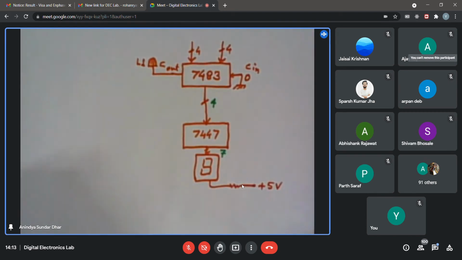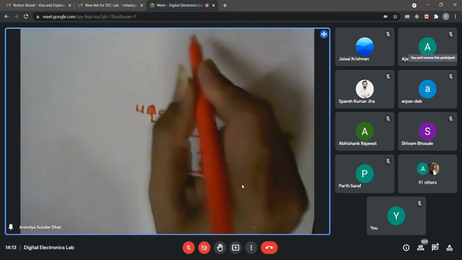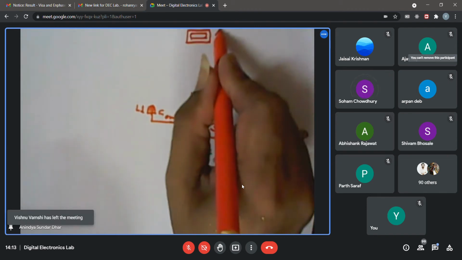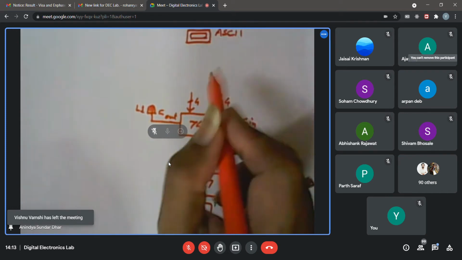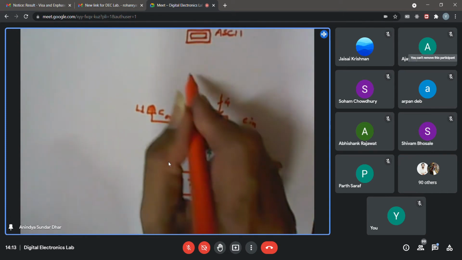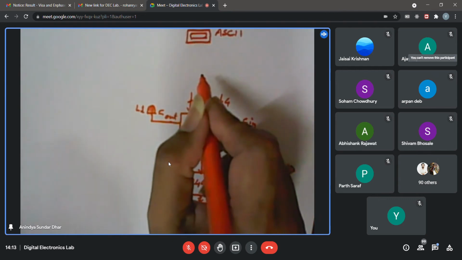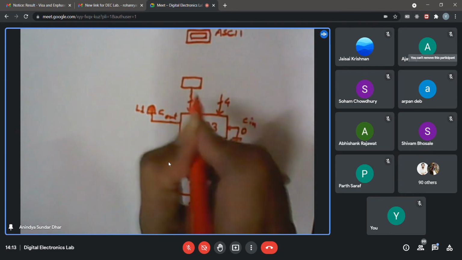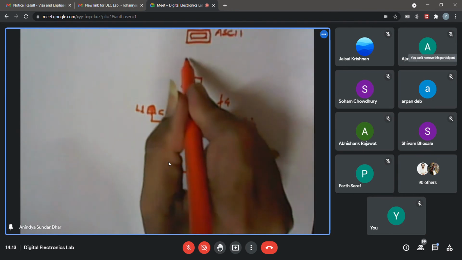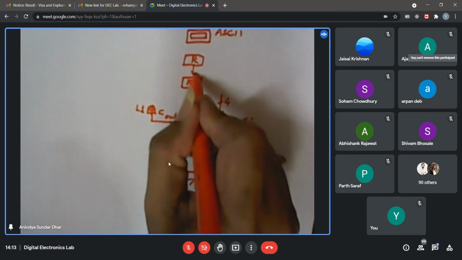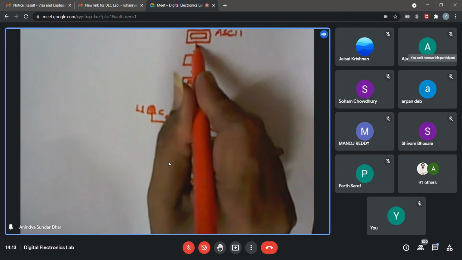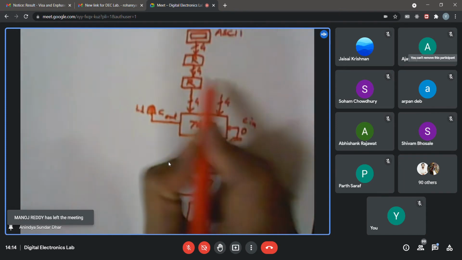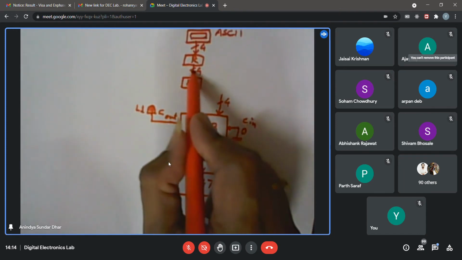Now, where from you are feeding these 2 4-bit numbers, I think you are using a hex keypad. Not hex keypad, I think ASCII keypad you are using, because you need that strobe signal. Okay, and here these 2 4-bit numbers, they are actually coming from 2 registers, right? So suppose one register, if a 4-bit register is here, I'm just writing R for register, then there is another register. So 2 registers in tandem, once again, just the LS 4-bit you are taking out of 7-bit. So 4-bit is running through the register. So this 4-bit you are taking from here.